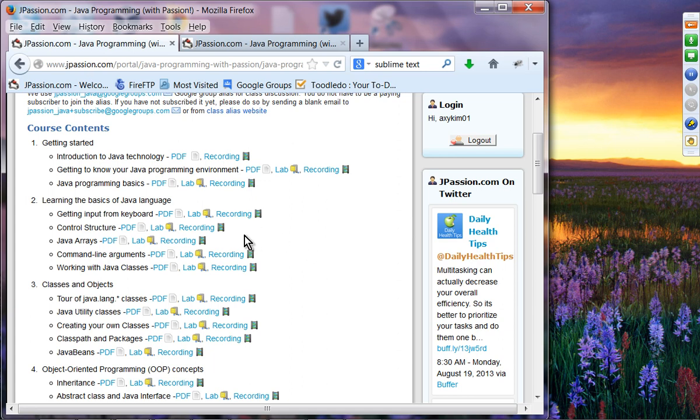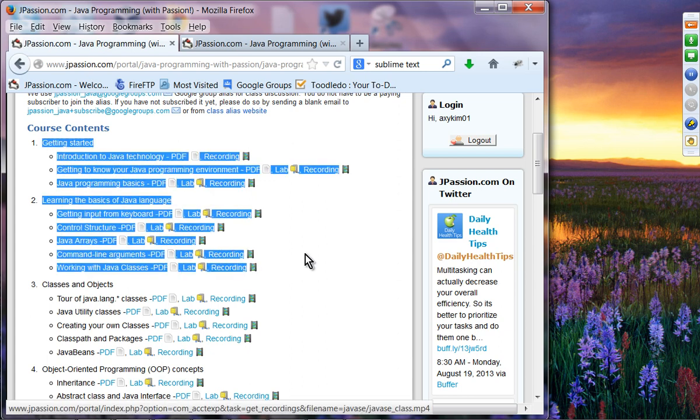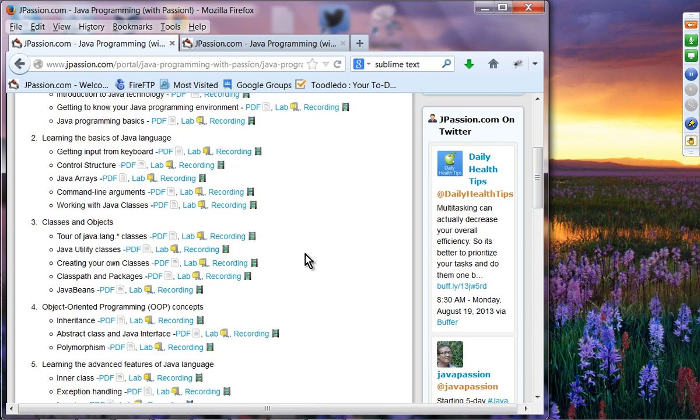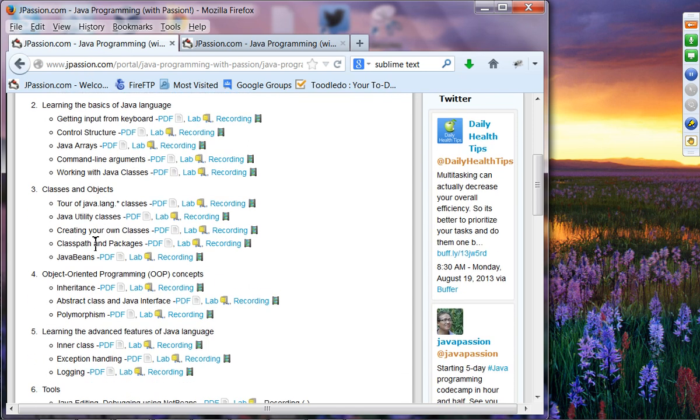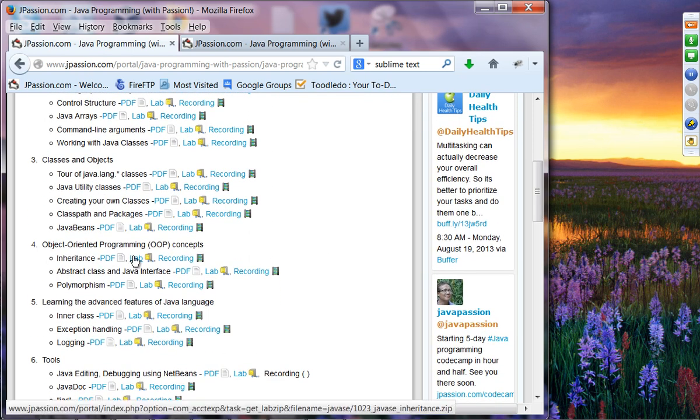As you can see, this course is comprised of big sections like getting started and learning the basics of the Java programming language. Today we're going to mostly focus on these two. From tomorrow, we are going to cover object-oriented programming concepts, starting with classes and objects, and then inheritance, abstract classes, Java interfaces and polymorphism.